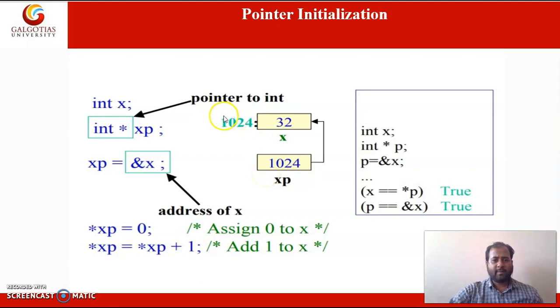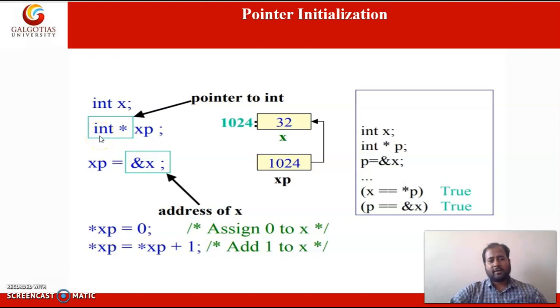In the example, we can see at the left hand side, we are having variable x which is declared as the int, and in the next instruction we are having a pointer variable which will point to a variable of type int.